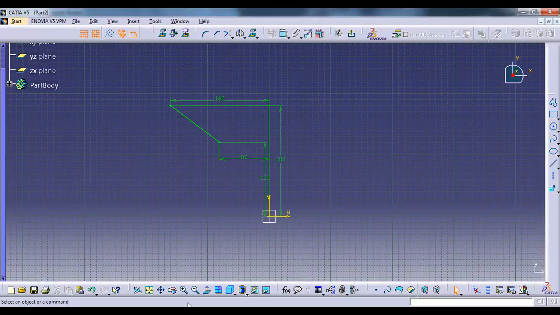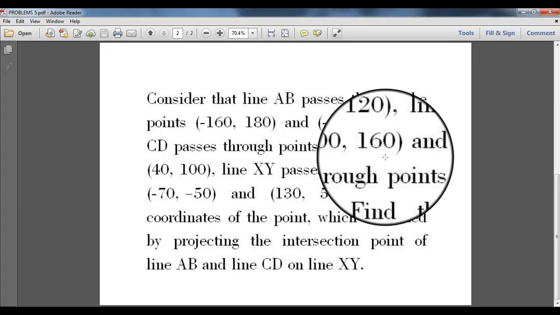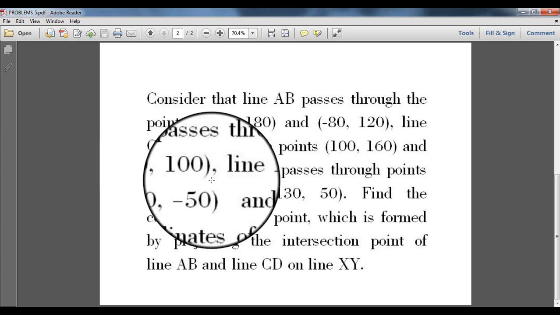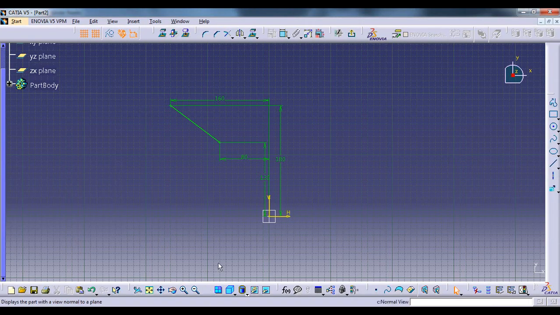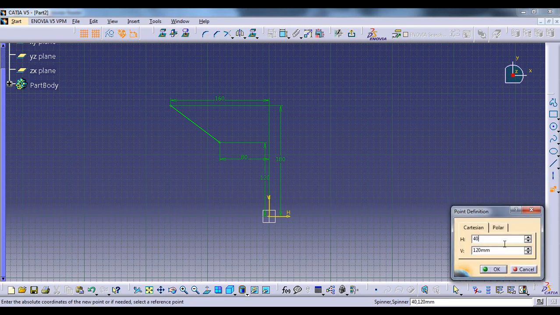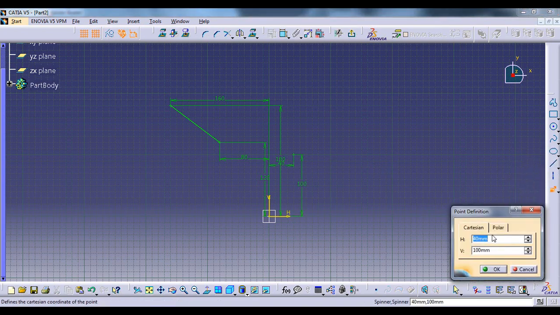So that's it. So now we will plot these points, that is 100, 160 and 40, 100, and we will make line CD through it. So again we will go to Sketcher interface, and now we will plot 40, 100, and again we will plot 100, 160.